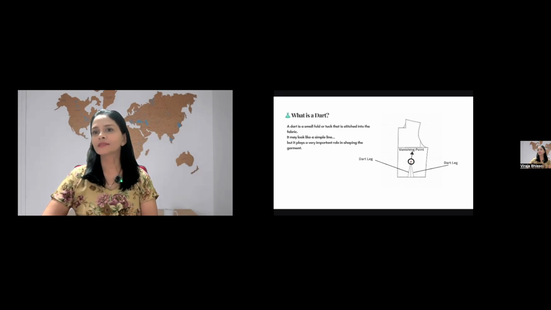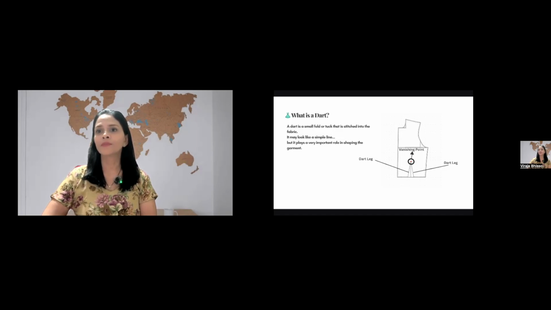And in today's video, I'm going to explain what a dart is, what its functions are, and how they help create shapes and curves and give a better fit. So let's dive in. What is a dart? A dart is a small fold or a tuck that is stitched into the fabric. Once stitched, it looks like a simple line, but it plays a very important role when it comes to shaping